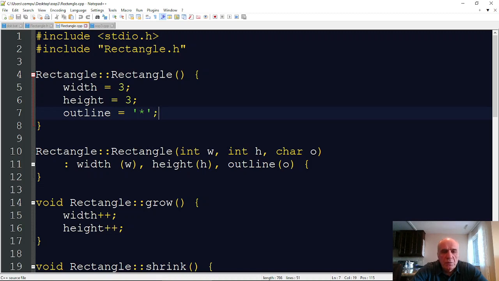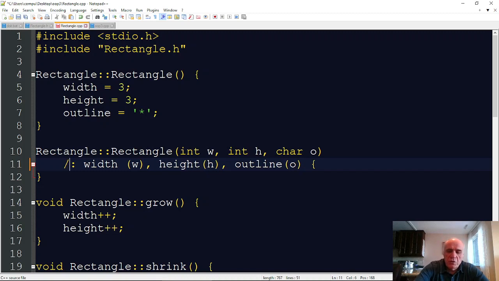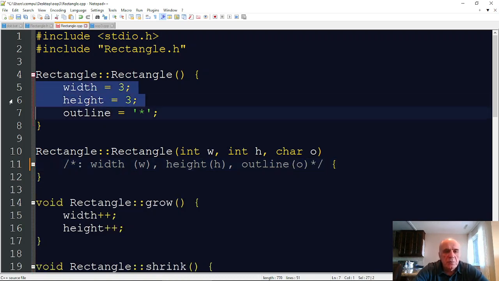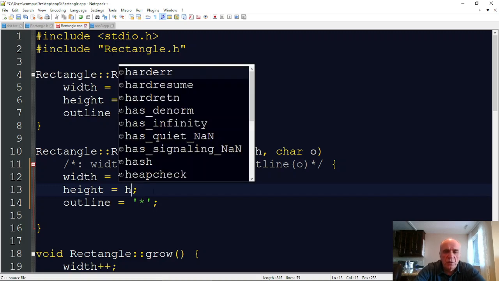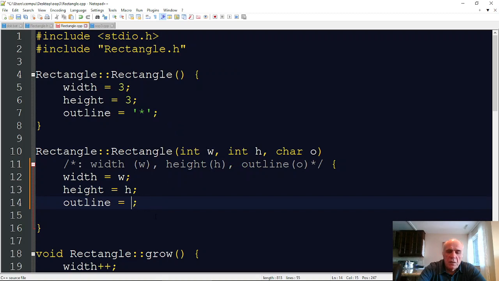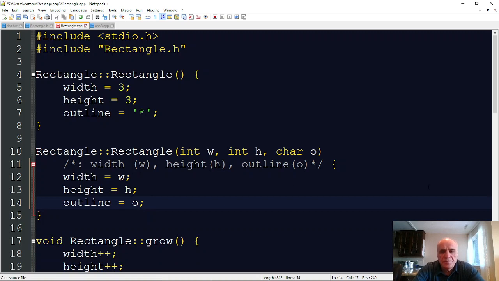So I could initialize my data members just in the body of my constructor. So that's possible, nothing wrong. One constructor creates a 3 by 3 rectangle with the asterisk, but the second constructor creates any kind of rectangles with any characters. So what I am trying to explain, yes, you can initialize members in the body of the constructor,